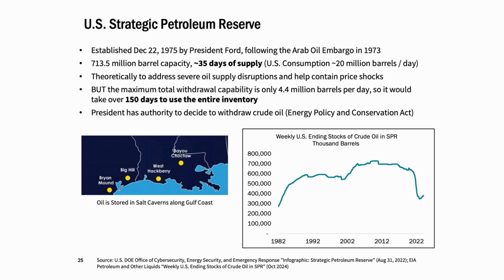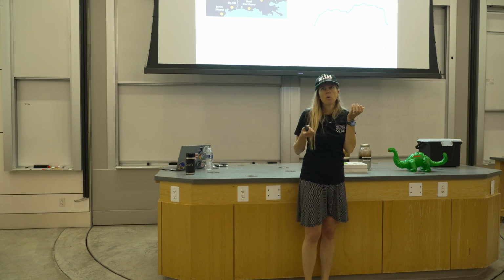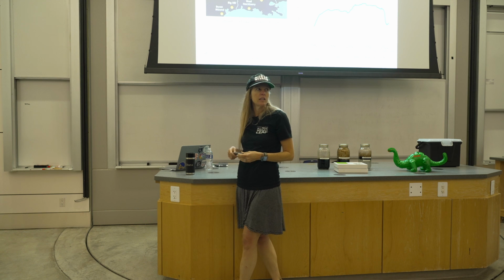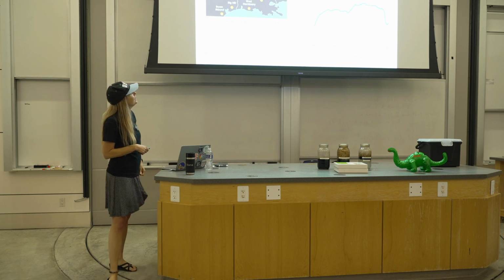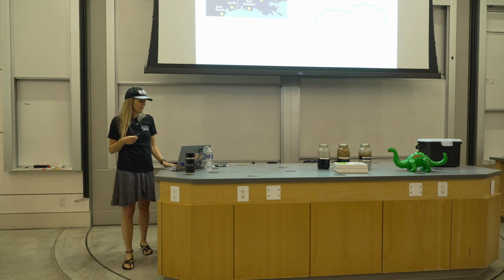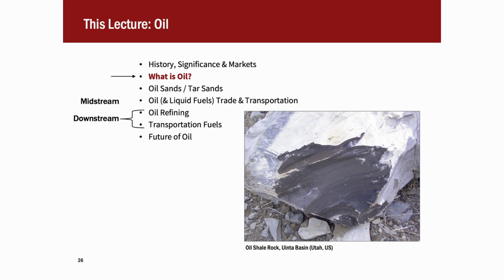You can see in terms of its actual impact, if we did have an oil supply disruption, how much could it really help? We can only get it out at about 4 million barrels a day. So that's a quarter or less of the oil that we need on a daily basis in terms of our daily consumption. So how much that would actually help if we had an oil supply disruption is definitely a question, but it was one of the policies that came out to try to address our energy security risks and our economic risks with our dependence on oil. So that's kind of the big picture, history, and significance of markets.